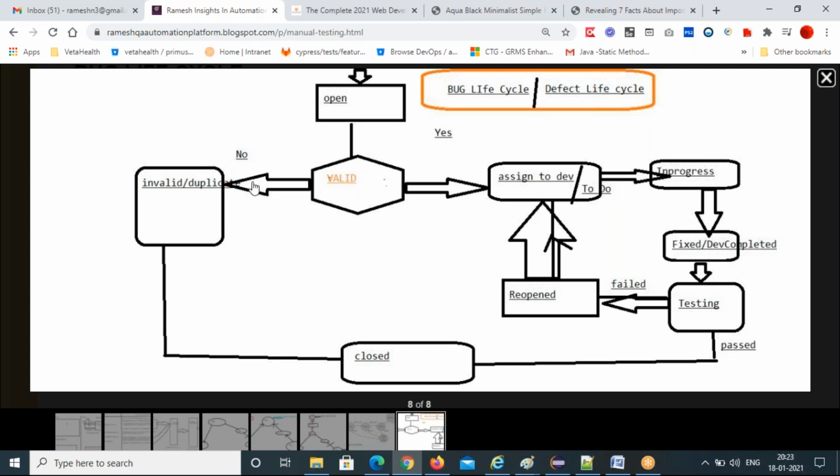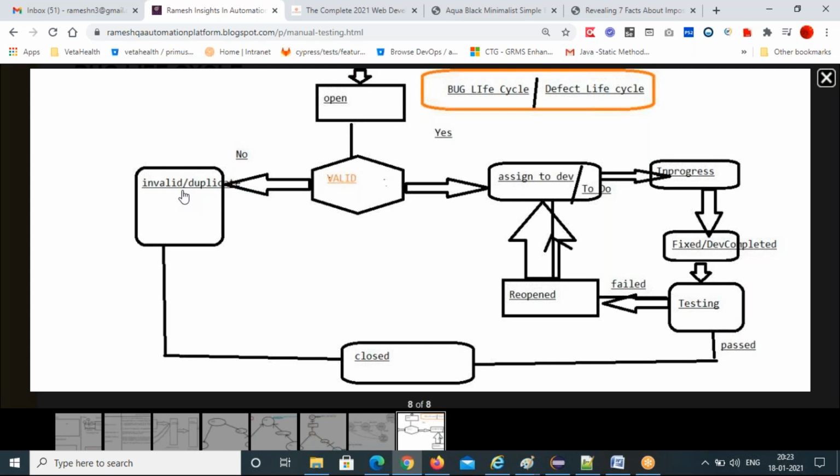If the bug is not valid, they will mark the bug as invalid or duplicate. You can mark it as a duplicate when somebody already filed the same bug and you file it again. They will say this is a duplicate of that bug.